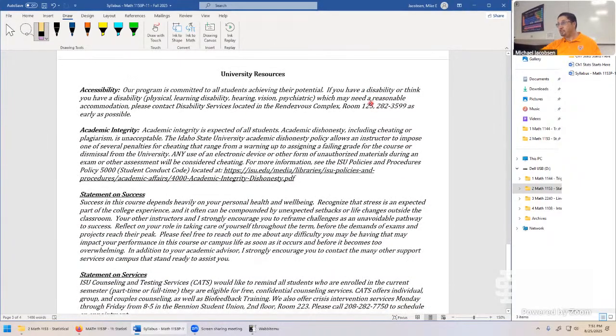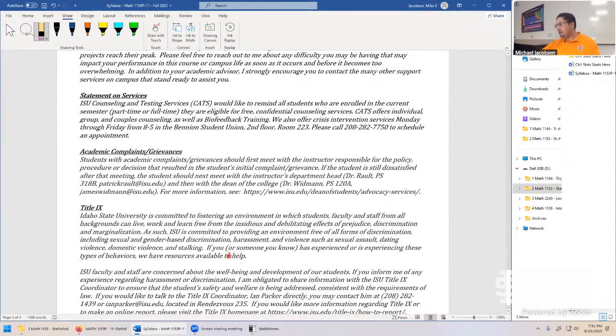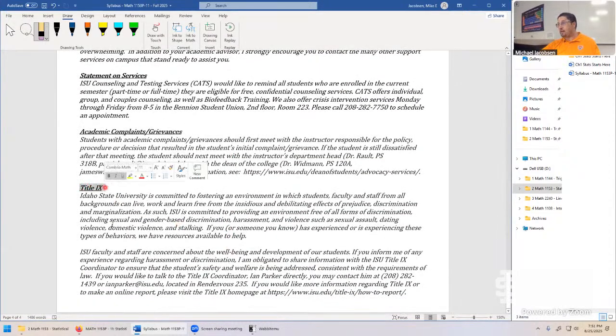For the reading down below, I know there's a lot. This is everything written by the university itself. Some things are really important accessibility statements. Other things are statements on services as an ISU student you already have access to, you've essentially paid for and should be aware of. Other things are hugely important federal laws. So if you've read all this kind of stuff before, it's the same kind of stuff, but this is all new. You might want to do a more careful reading of these kinds of things.